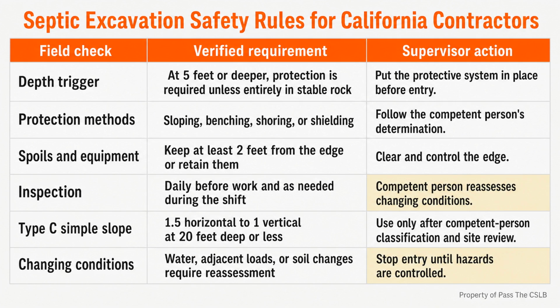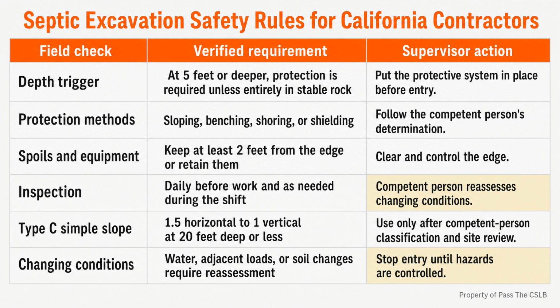At 5 feet or deeper, cave-in protection is required unless the excavation is entirely in stable rock. Spoils, equipment, and other materials stay at least 2 feet from the edge unless a retaining device prevents them from falling or rolling into the excavation. The competent person inspects before the shift and again when conditions change. For Type C soil in an excavation 20 feet deep or less, the maximum allowable simple slope is 1.5 horizontal